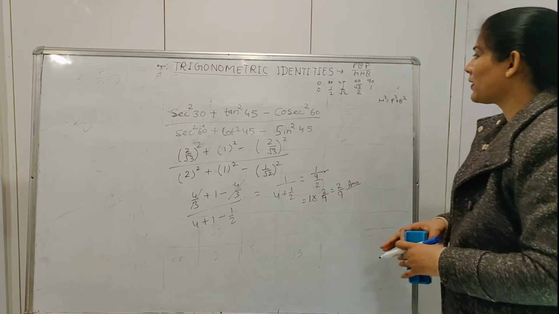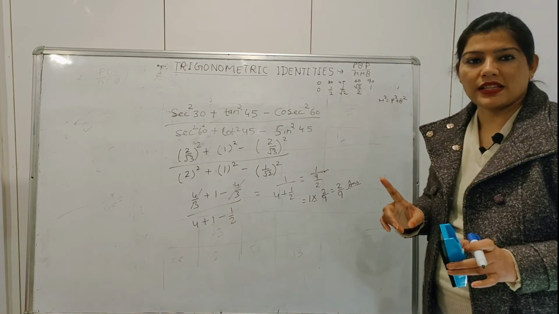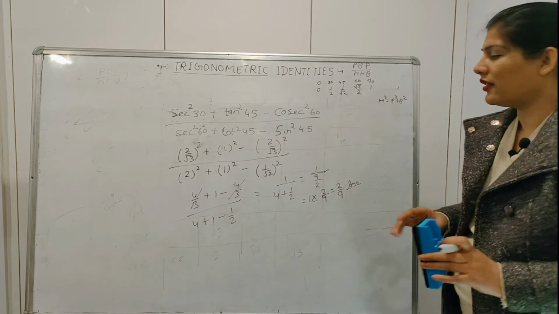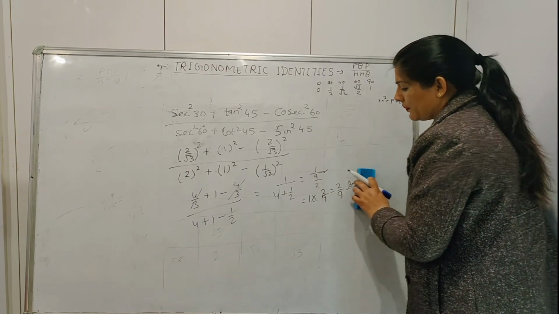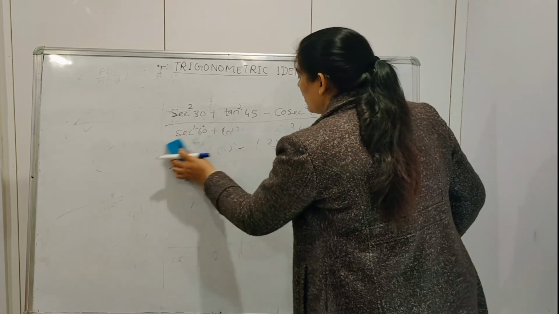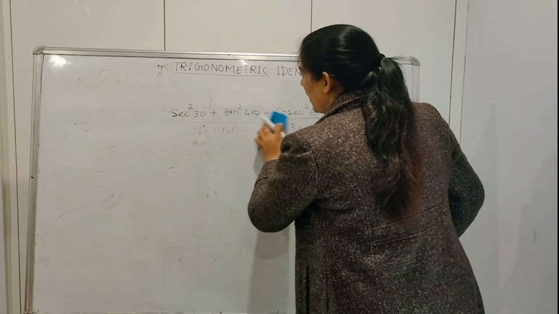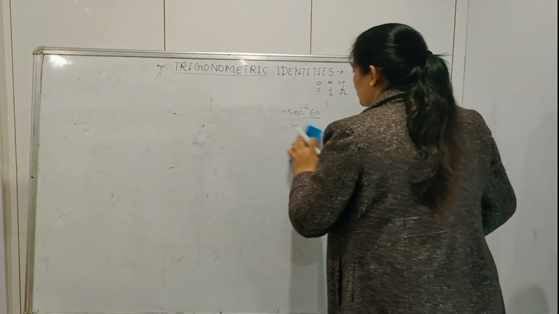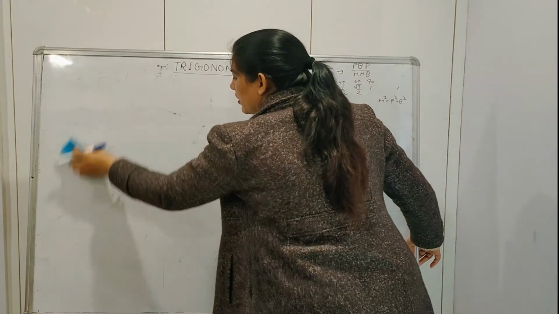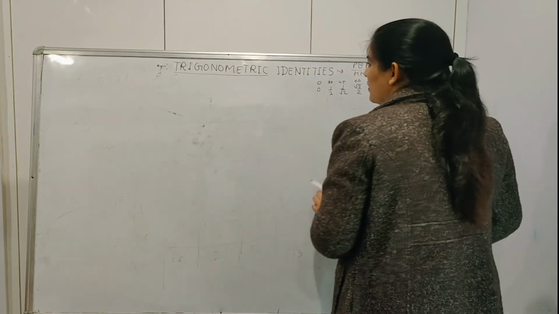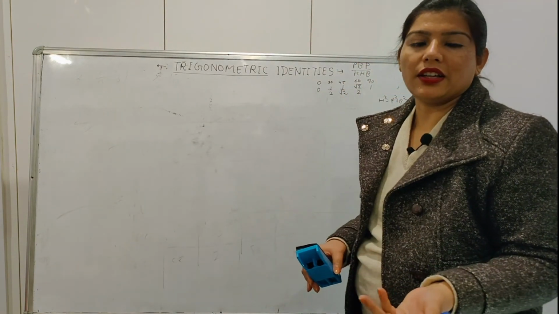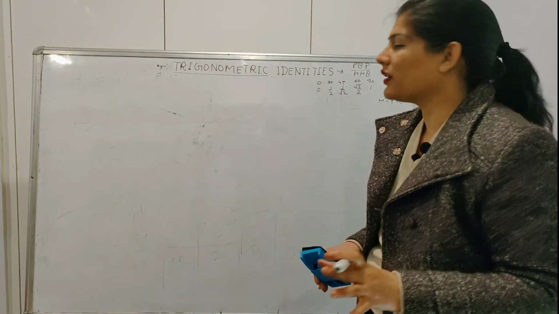Okay, and only one thing is left in this chapter, that is complement of angle. So let's discuss them. We don't have many questions on complement of angle, but sometimes a question can come into the exam, so we have to learn that. If the sum of two angles is 90 degrees, those are said to be complementary angles.